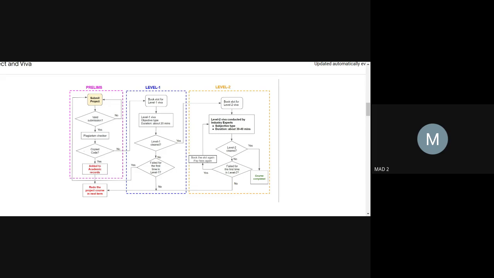Once a project passes the project format or the initial validity checks, we are going to push all of those projects that passed those initial checks to the plagiarism check. That is the initial plagiarism check. Once all of the plagiarism checks have been completed and we have the results, the next thing that happens is the level one stage. That means whoever has passed the plagiarism check is going to be